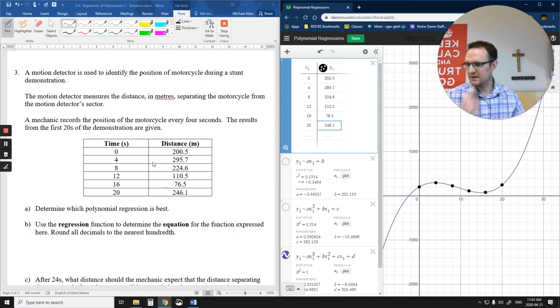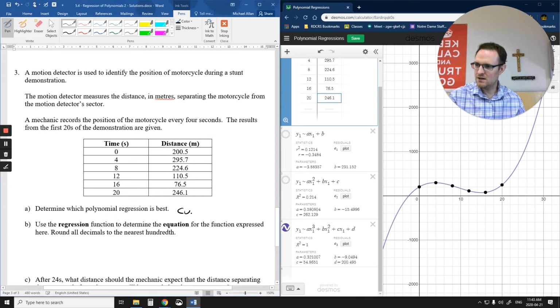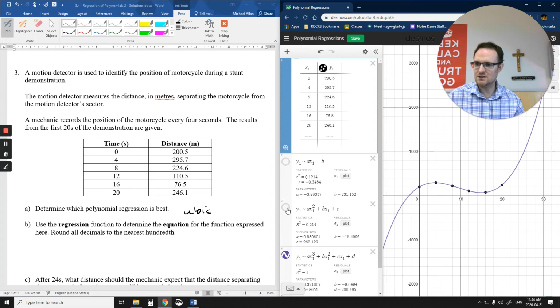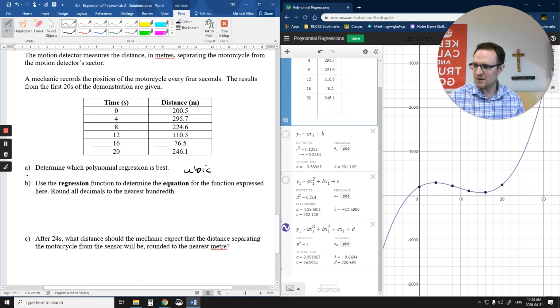Cool. Now we want to determine which is the best of these R squareds. And you look at the R squareds here. Obviously cubic, these other R squareds are horrible. So cubic again. Okay, so I put the cubic line on, because you can see the other ones don't match at all. But the R squared here is 1, so that's the best. My equation,